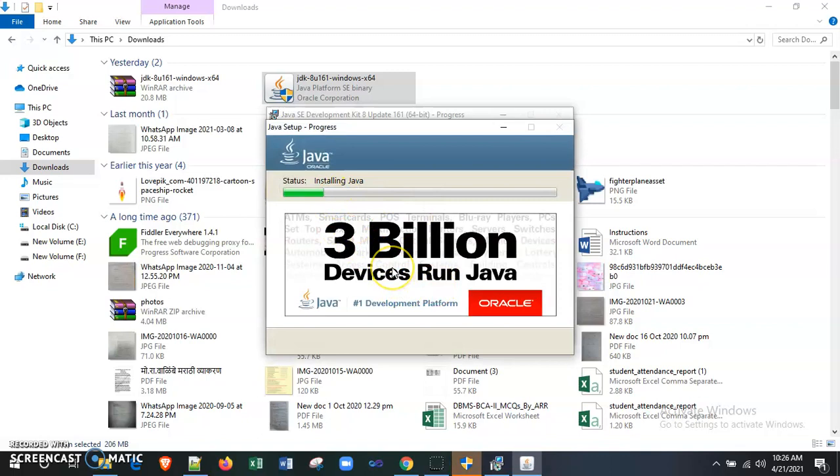Now this is the final step. After installing this, I will show how we can set the environment variable.